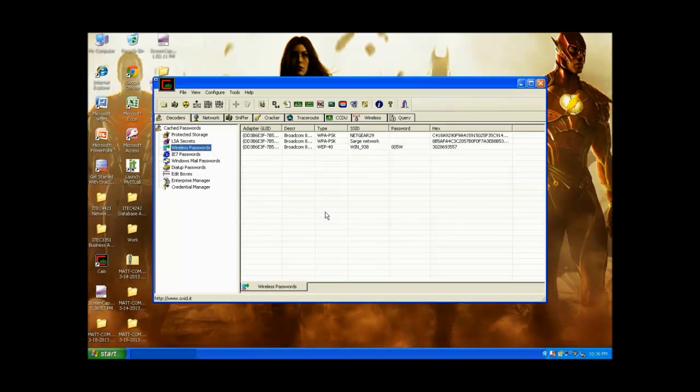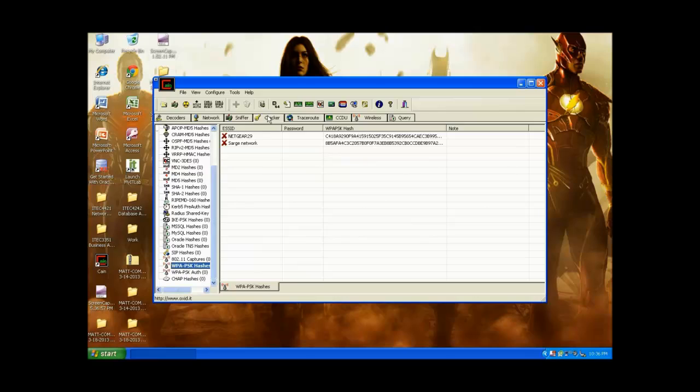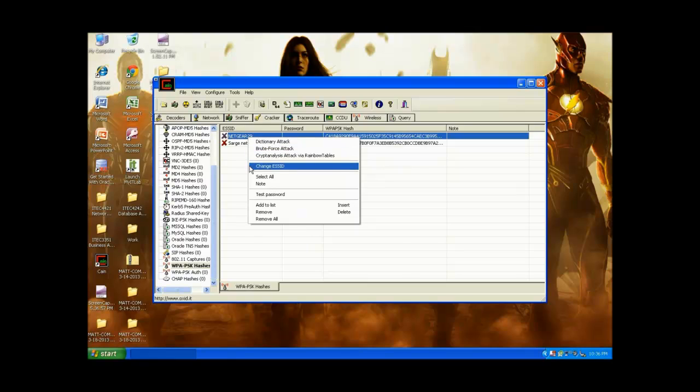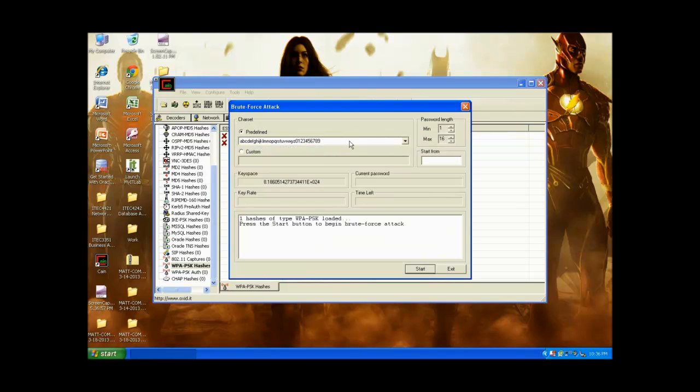So here we're using Cain's decoder section, and under wireless passwords it's showing what we've connected to. We can send these to the cracker, and then when we go there, we can do attacks such as dictionary and brute force to actually get the password from these hashes. We're going to do a brute force attack here, and while typically you could use these predefined lists of all the characters that could be in the password,